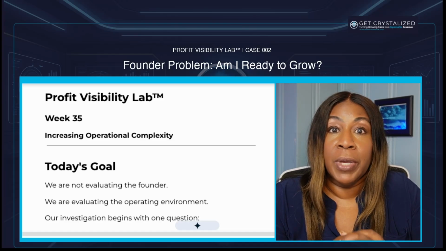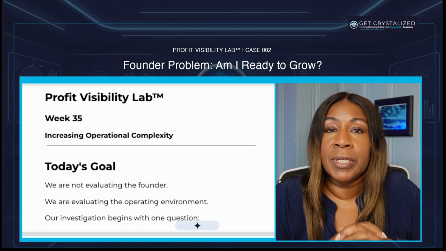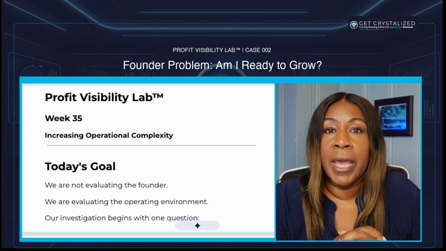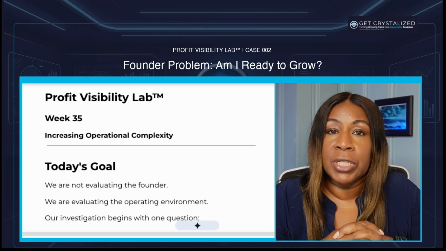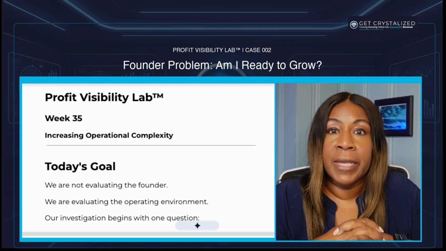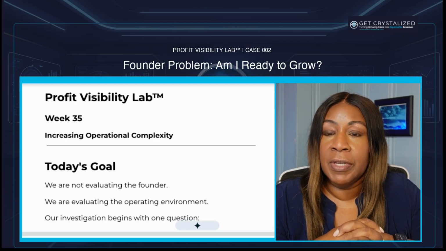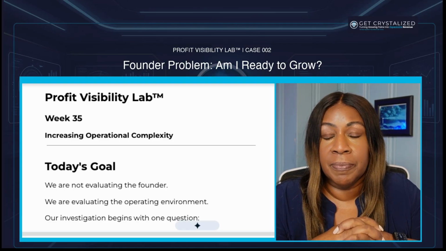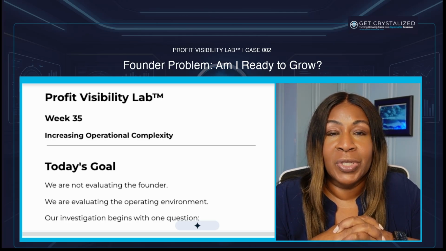Every week we examine a single modeled case, and we're looking at a founder problem, not to say whether or not a decision is right or wrong, but really just to look at the operating system and see what the business is telling us to better inform decisions. Our objective is to understand how the revenue system creates the conditions under which these decisions are made. So let's get into it.